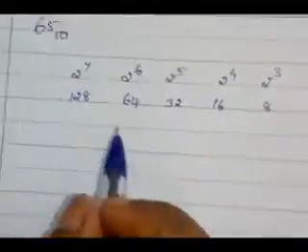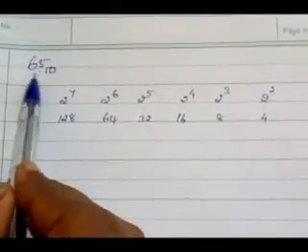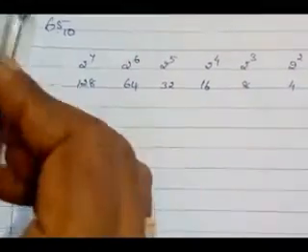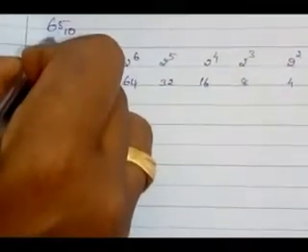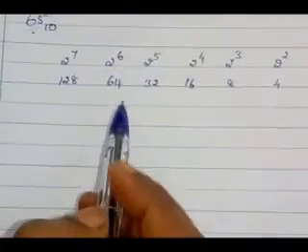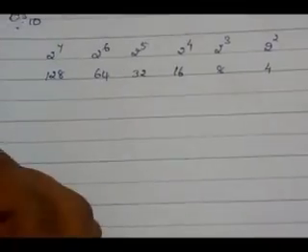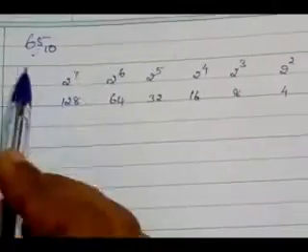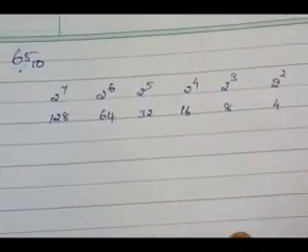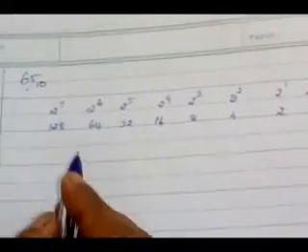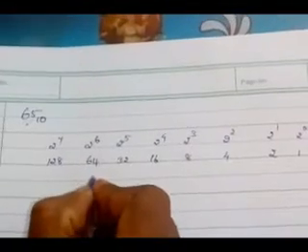We will stop here. See here, why I stopped here. Our number is 65. We want to take the largest number less than 65. These all numbers are less than 65. In these numbers, which is the biggest one? 64. So you have to set the number 1 here.